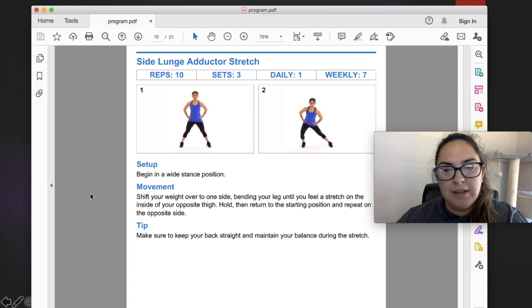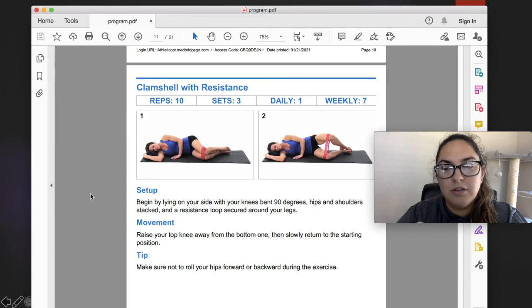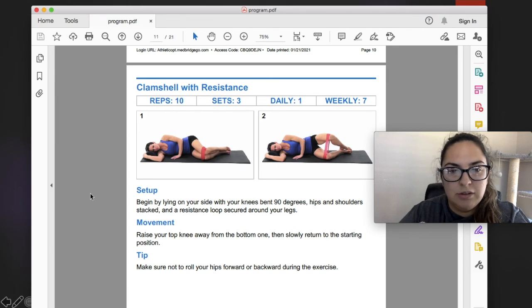And then going back into the legs, a side lunge adductor stretch. Those are kind of like your groin muscles on the inside. This is a good stretch to get those. So those are all the stretching exercises, and now we're going to get into a little bit more of the